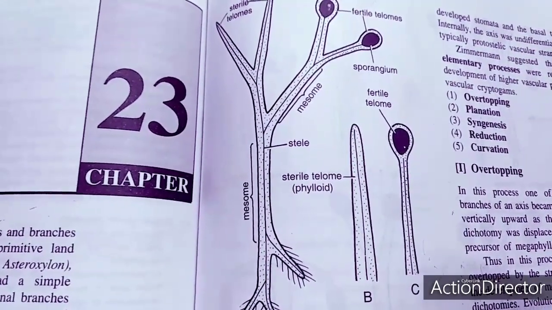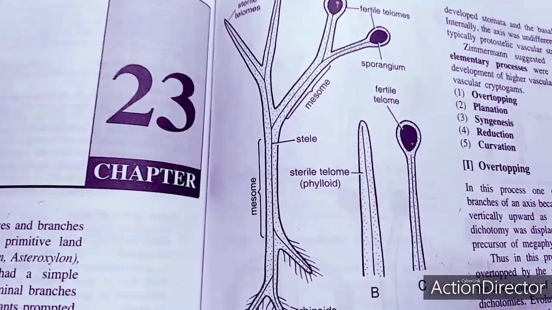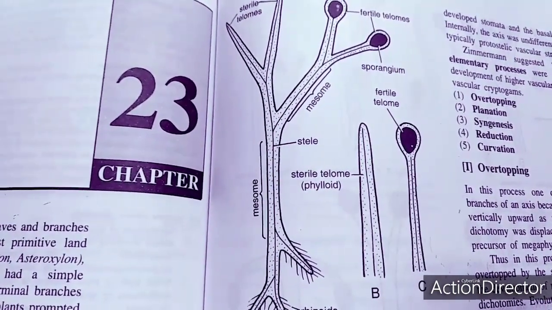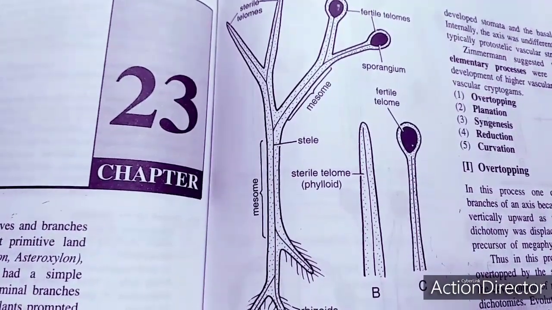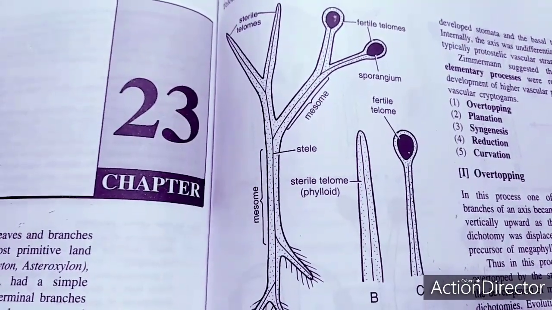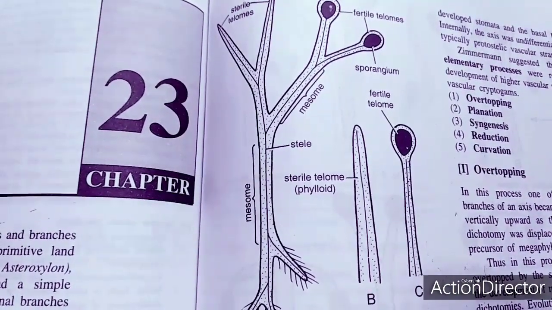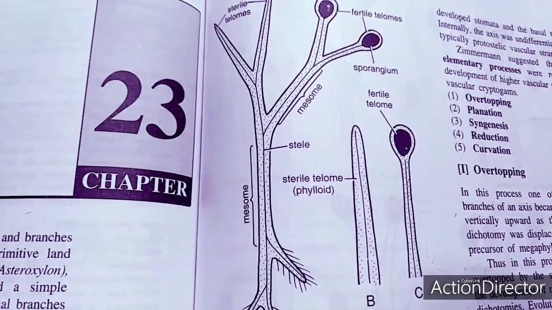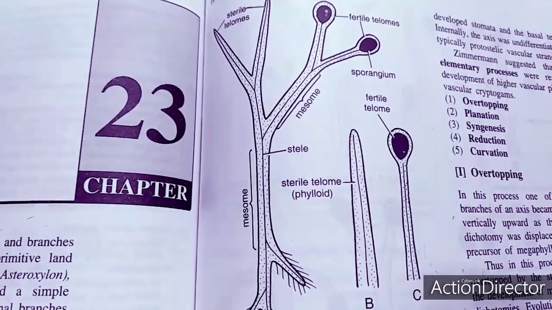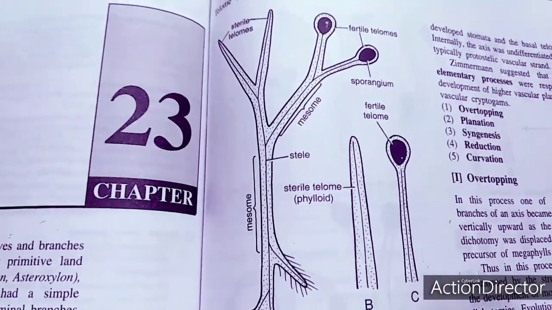The branches of the sporophyte were dichotomously branched and had a central mechanical strand. Zimmermann says such algae were the immediate ancestors of the primitive vascular plants Rhynia, Horneophyton and Xylophyton, which evolved from the upper Silurian as well as the lower and middle Devonian period. The sporophyte of these primitive vascular plants was relatively undifferentiated. The aerial telomes developed stomata, and the basal telomes became rhizoids. Internally, the axis was undifferentiated, with an axial, typically protostelic vascular strand.